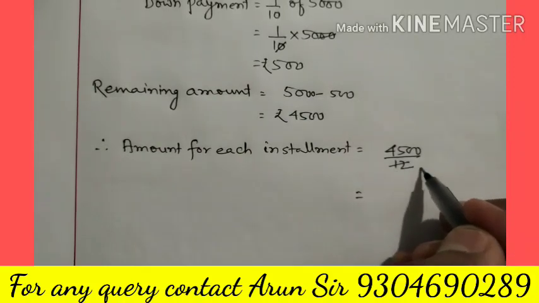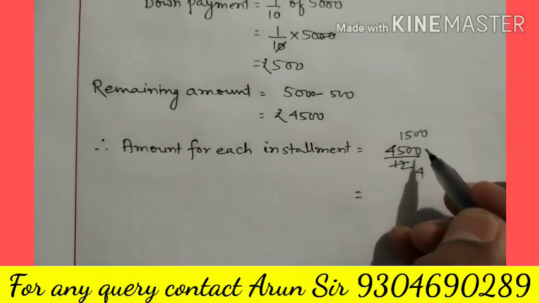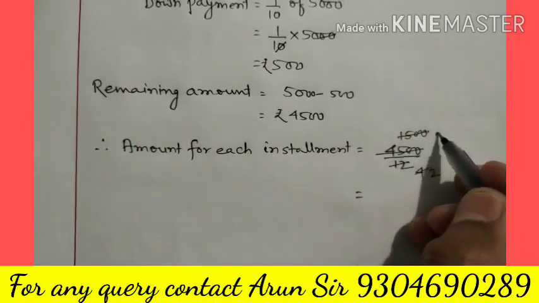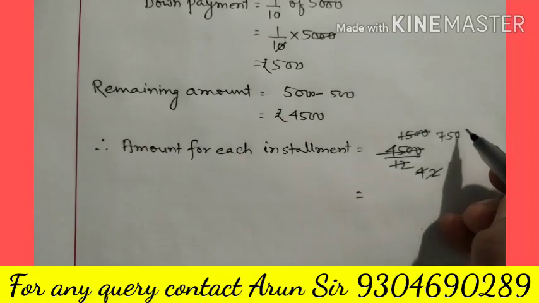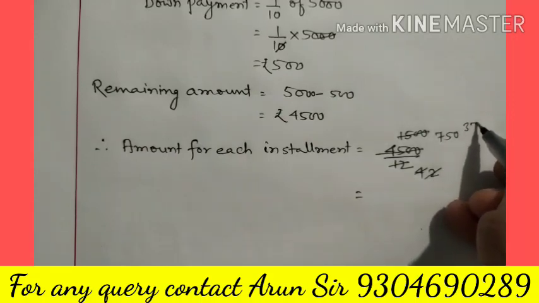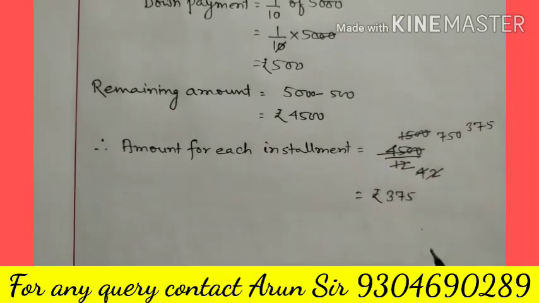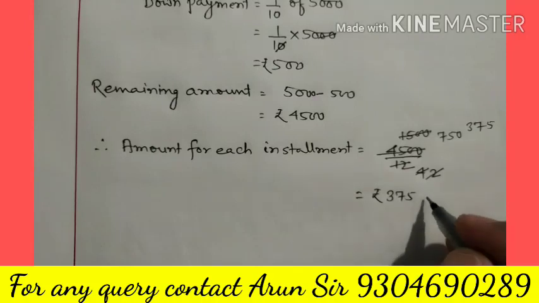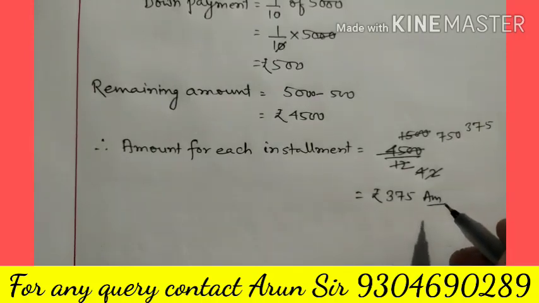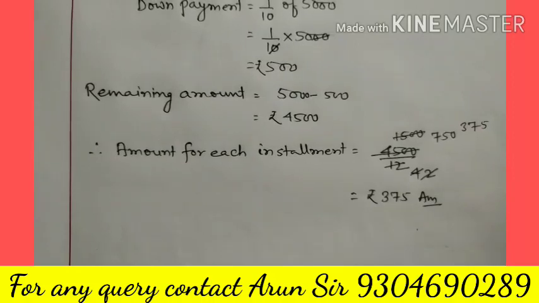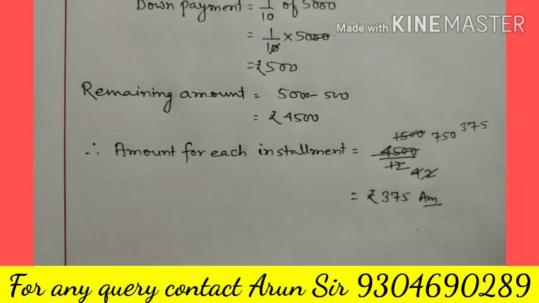Here we will use 3, 3 4 ja 12, 3 1 ja 3, 3 5 ja 15. We will use 2, 2 2 ja 4, 2 7 ja 14, 2 5 ja 0. Again 2, 2 3 ja 6, 2 7 ja 14, carry 1, 2 5 ja 10. It means that for every month, for the next 12 months, he is going to pay rupees 375 per month to clear his debt for making the refrigerator his own refrigerator. Next, question number 16, you have to solve it by your own. Question number 17 also you will solve by your own. Question number 18 we are going to solve. Let's solve question number 18.